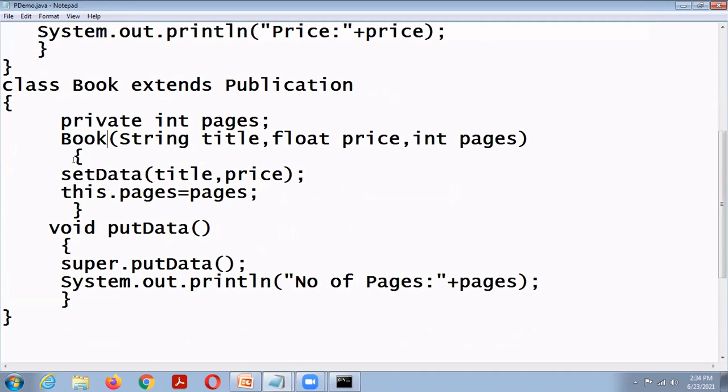So here I invoke the superclass constructor using the keyword super. Super of title, price.